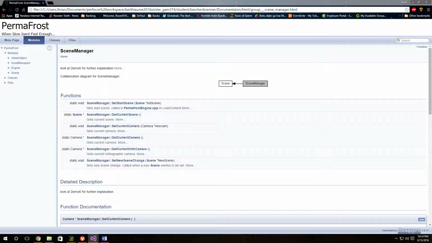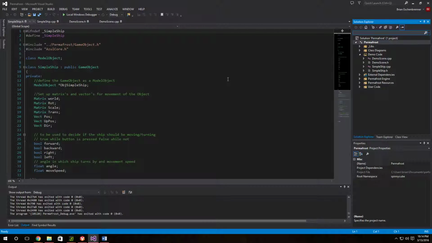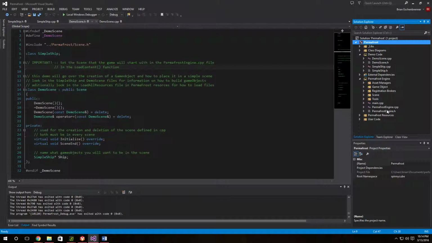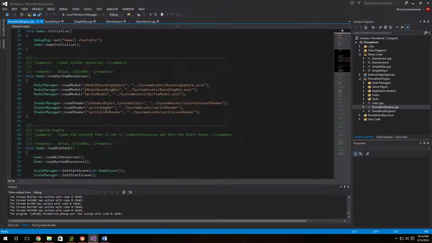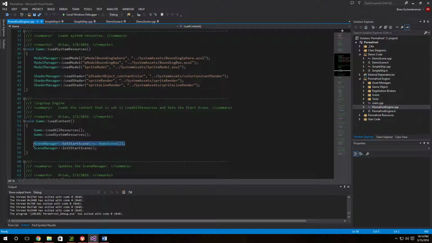For example, here is my first demo. So this is just to create a simple scene with a simple object. First, you always go to the scene. It has an important message, and all of them tell you to go to the load content function in Permafrost CPP in the Permafrost engine to make sure that you set the start scene to the demo scene,